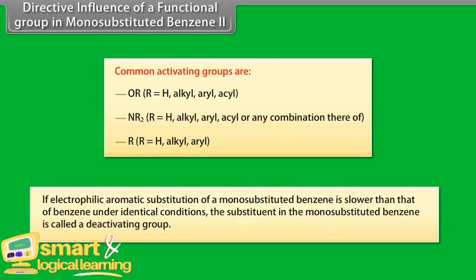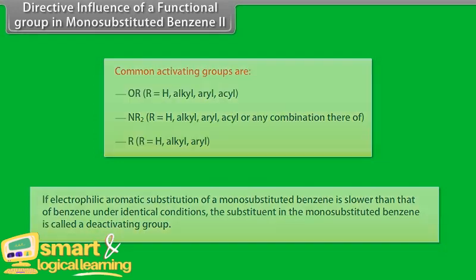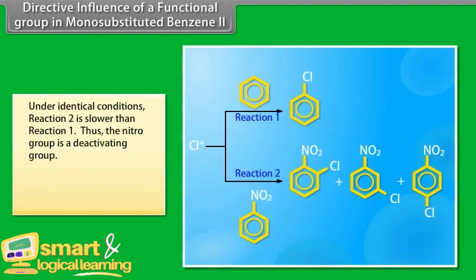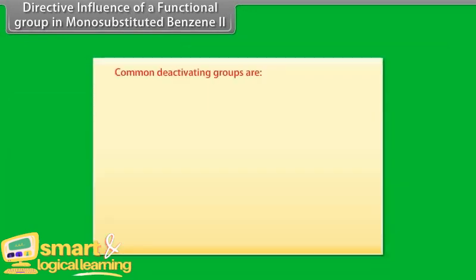If electrophilic aromatic substitution of a mono-substituted benzene is slower than that of benzene under identical conditions, the substituent in the mono-substituted benzene is called a deactivating group. Under identical conditions, reaction 2 is slower than reaction 1. Thus, the nitro group is a deactivating group. All deactivating groups are electron-withdrawing groups. Common deactivating groups are